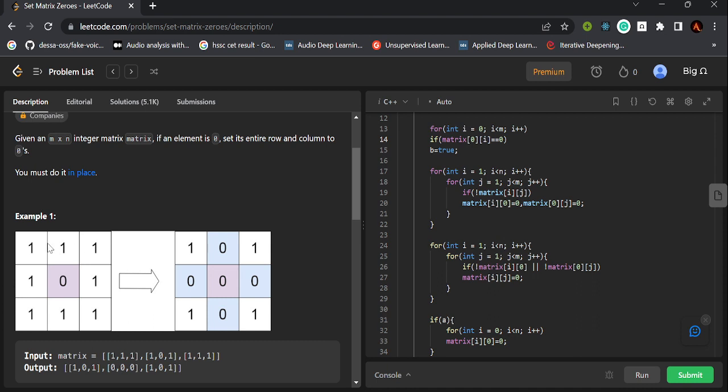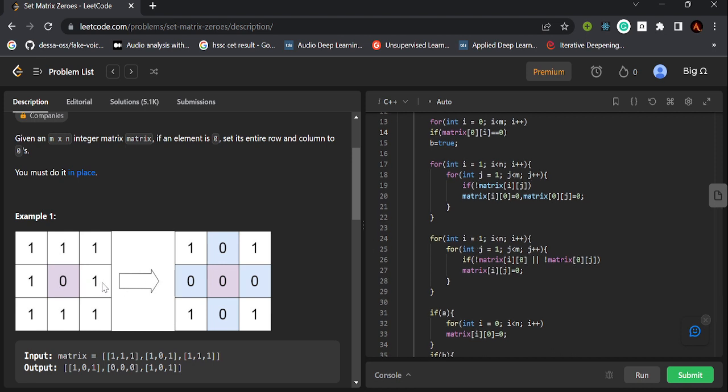Example, in the first example we can see that the 1 comma 1 matrix value is 0, so we mark the zeroth column, first row matrix value as 0 and the first column, zeroth row as 0. Similarly for all the cases,